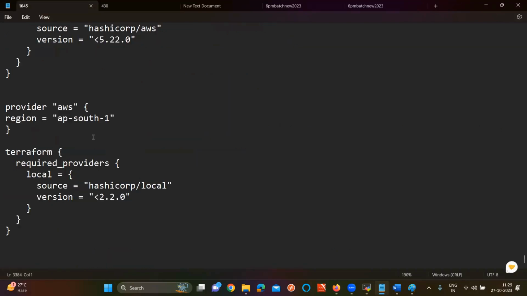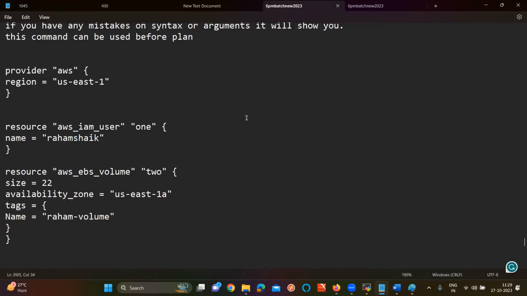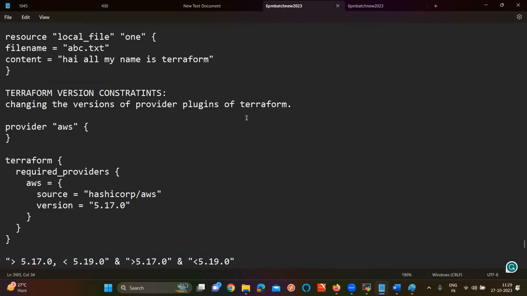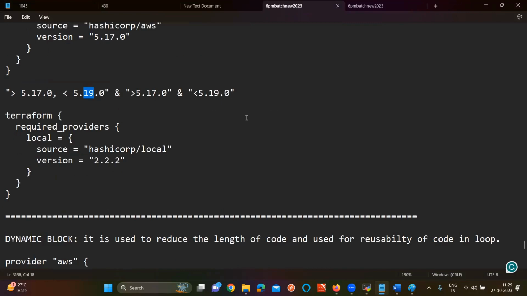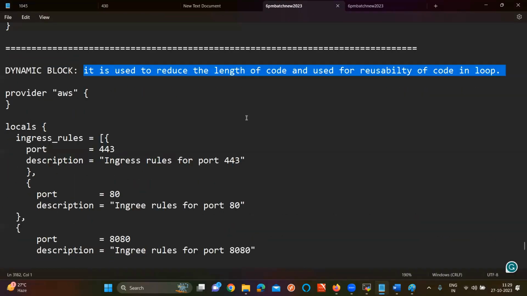I'll tell you the code where it is, and you can also play with this kind of thing. Dynamic block is used to reduce the length of the code. If I have 100 lines of code, it is going to make the code 60 to 70 lines. In real time, whenever your code is lengthy, we can prefer dynamic block. Its main purpose is to reduce the length and we can reuse the code. I'll explain the concept one by one.